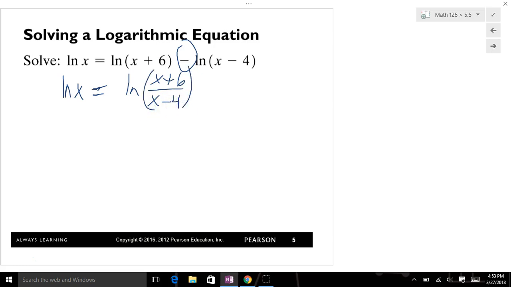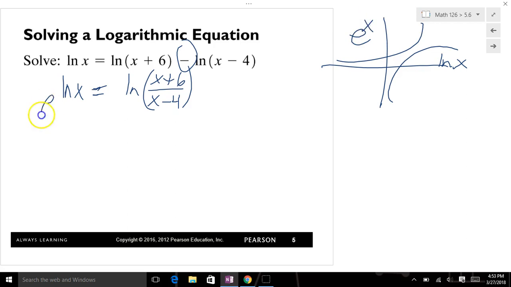And both of the natural logs now are all alone. Who undoes the natural log? The ln of x. Well, e to the x undoes that. So we go e to this side, e to that side. So e to the ln of x is just the x. E to the ln of that x plus